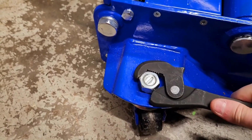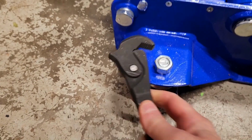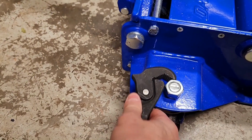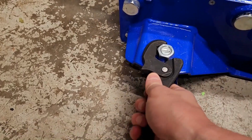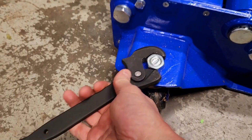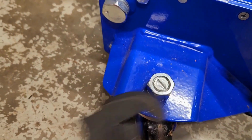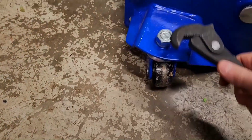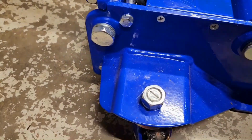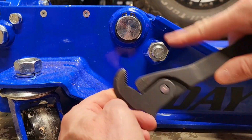So that works. You definitely have to, there we go. Oh, it wants to slip off. There you go. Okay, so that works. I've got tons of room here to work. So that's easy. So what happens if I'm trying to get to a bolt that doesn't have quite as much